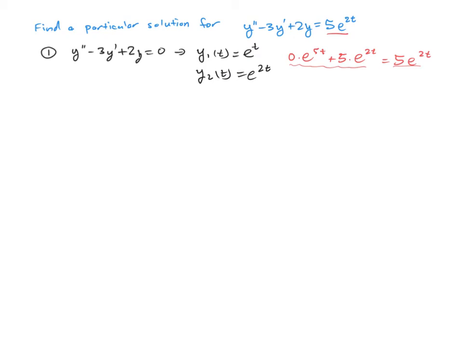So our particular solution is yp of t is an unknown constant a times t e to the 2t. And then just like before, we need to go take the first and second derivatives and substitute them into the inhomogeneous equation. So we take our first derivative. We'll notice right away that the calculus gets a little bit more challenging because we have to use the product rule. Derivative of the first is a